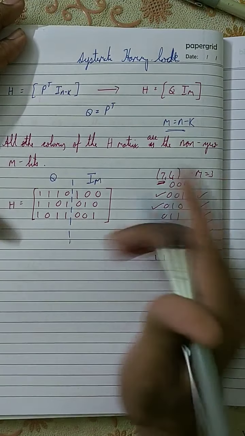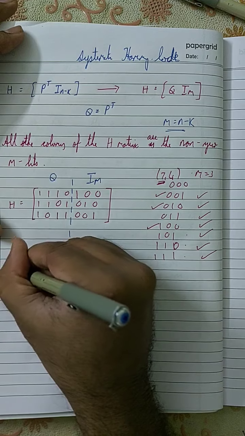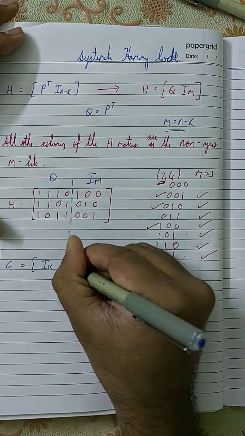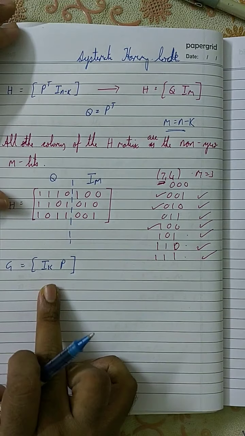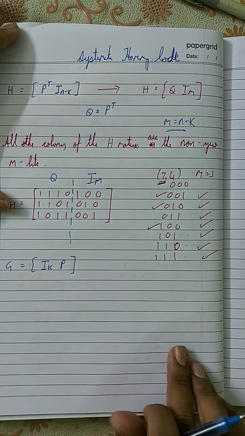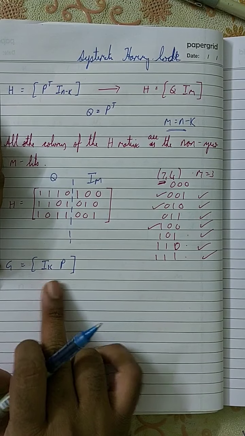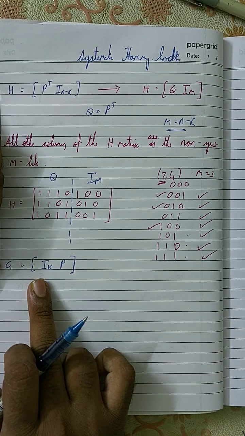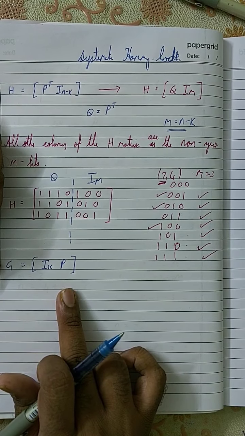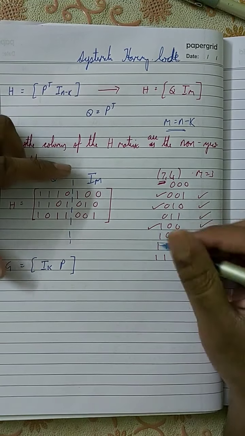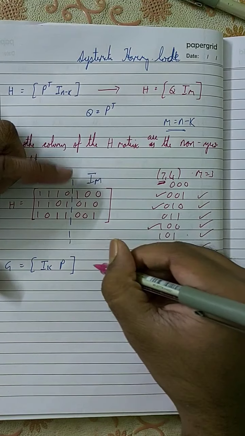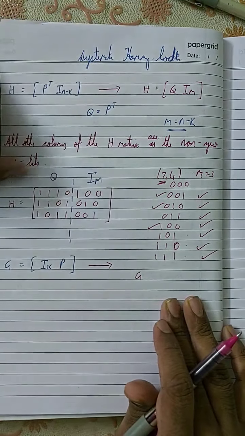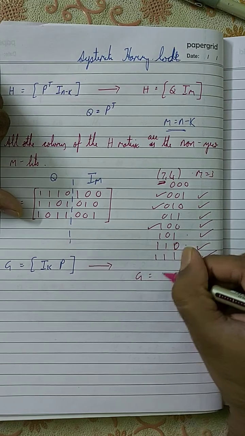We all know how we represent the G matrix, right? Normally we represent the G matrix using the term IK P. This is how we usually define the generator matrix, where IK represents the identity matrix of dimension K by K, and P represents the parity generator matrix. So in the same way, you can define the generator matrix of a systematic Hamming code using the equation